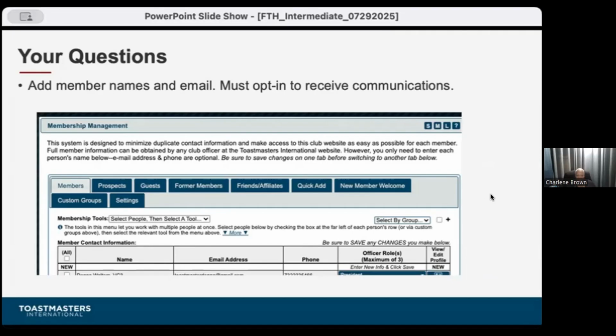Yes. All right. So they put them in. Let them know, hey, an email is going to come to you. Make sure you hit yes. And then they could go ahead and put themselves in the agenda. Absolutely. All right. I'm really glad you mentioned that. Not only that, somebody else had asked about sending and receiving emails. That may be part of Amy's question, but if they don't opt in, not only can they not add themselves to roles on the various agendas, but they won't get your communications.